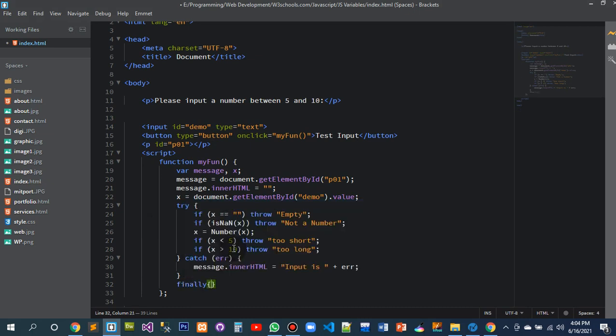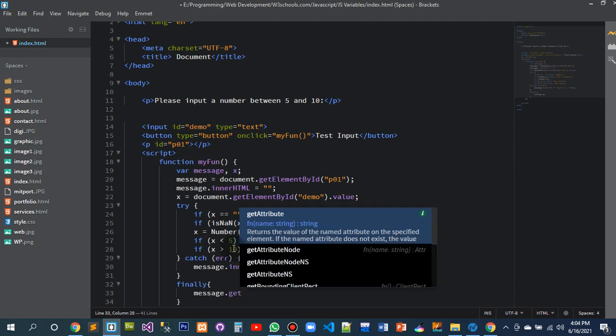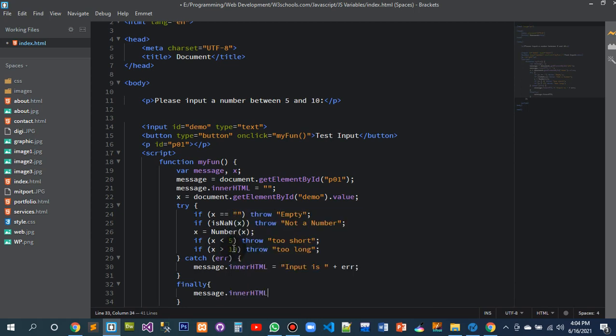It should write message.getElementById innerHTML is equal to successful, successfully entered. Okay. Now if I put 5